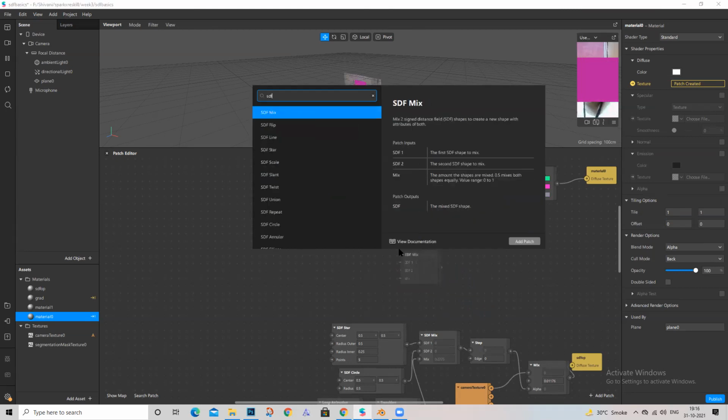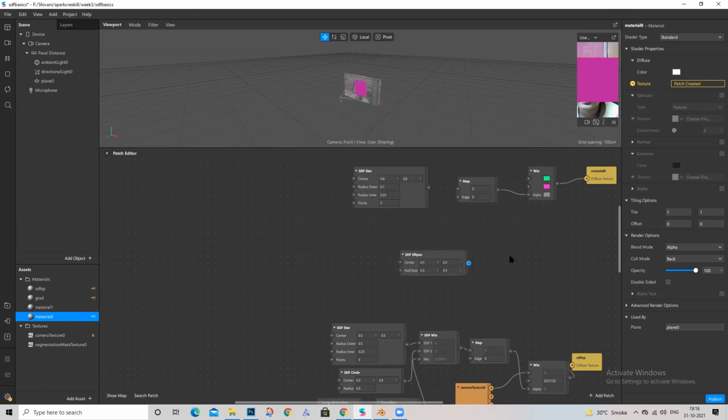There is ellipse. Okay. इसमें भी you can change. मुझे half size, whatever XYZ चाहिए. So that's something you can change over here. So that's how you make SDF shapes.